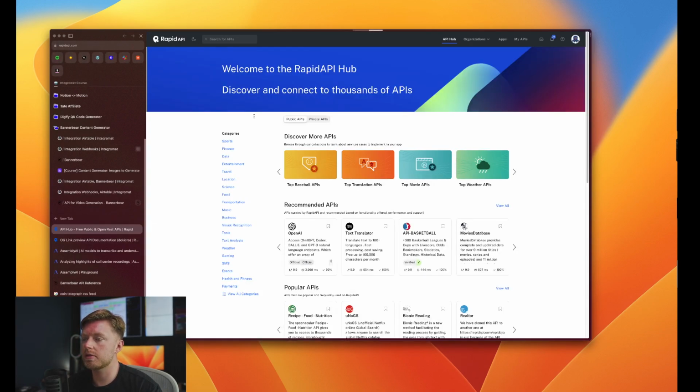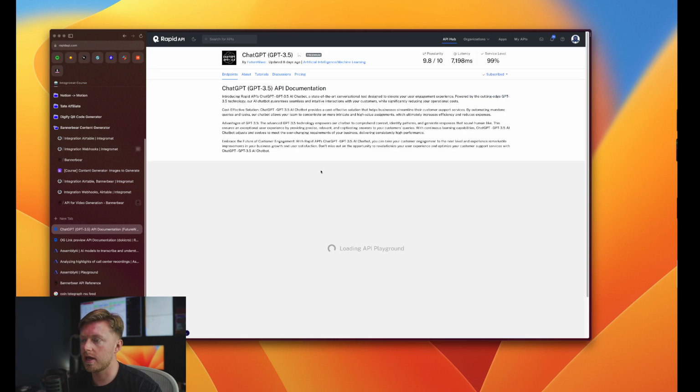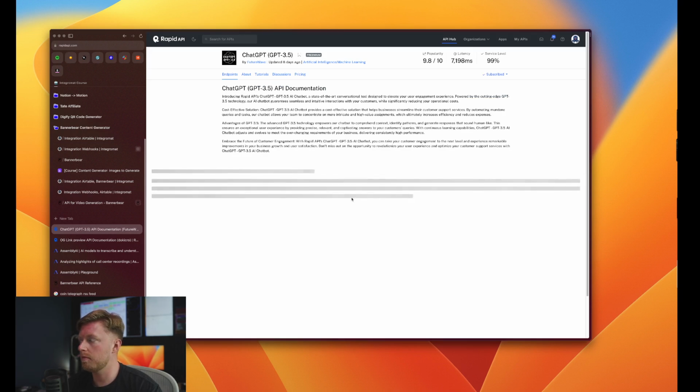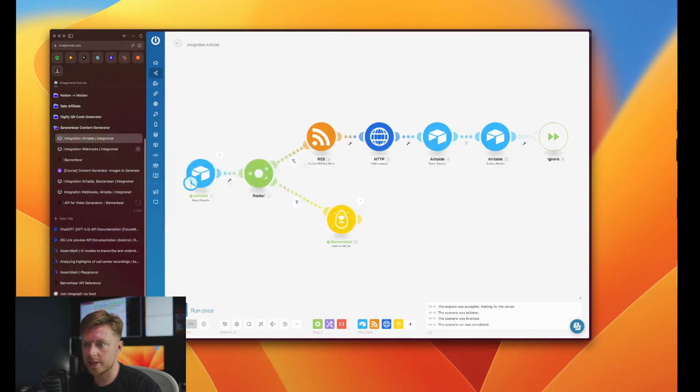And this is where AI gets really, really interesting for me, because we can plug it into automations. And it's kind of like having a human being able to do manipulations to your text. So I'm already subscribed to this API, so we can just go ahead and copy the text, and we can add